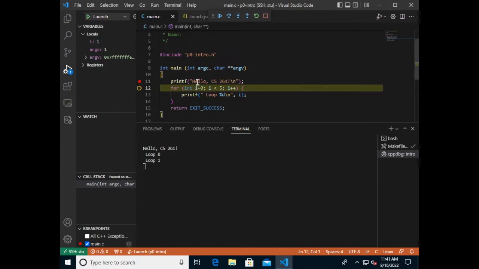Another nice thing that Visual Studio Code does is that you can actually just hover over different variables in the code, and it will tell you what the current value of that variable is. Here's the call stack. So if we had other functions running, you'd be able to see them there. If we are particularly interested in one of these values as it changes, we could add it to watch so that it always appears over here.